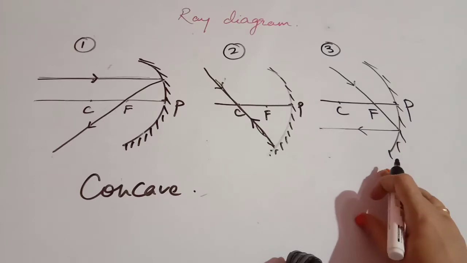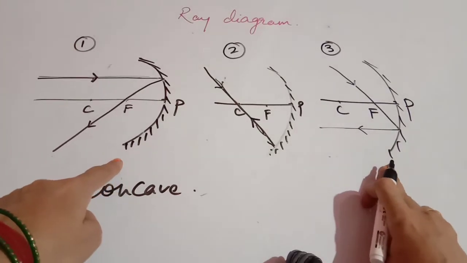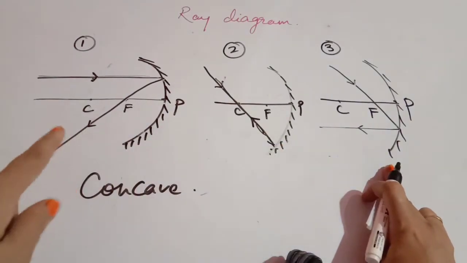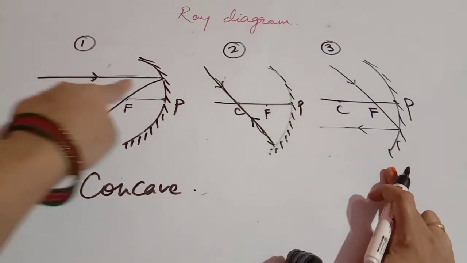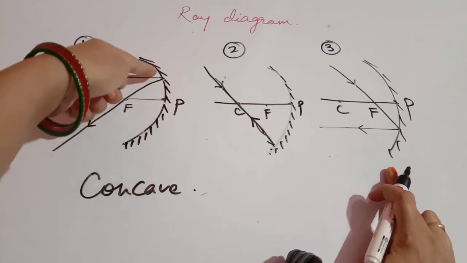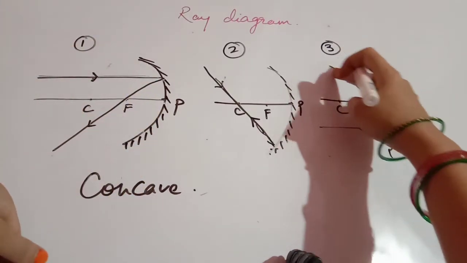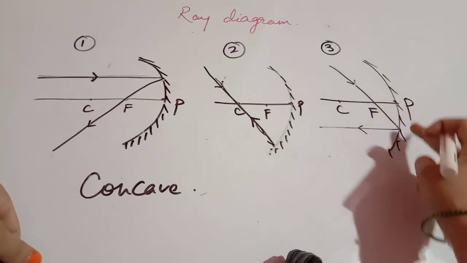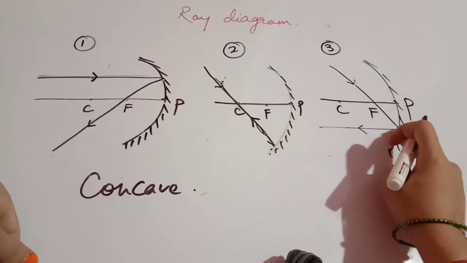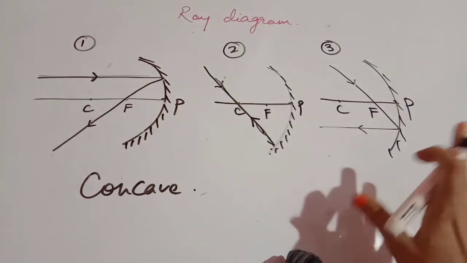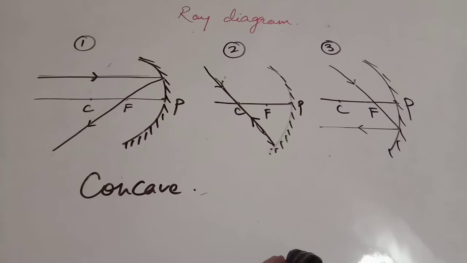then it will be reflected parallel to your principal axis. So if you understand, the first and third are related, they are opposite to each other. In the first rule, the ray of light is parallel to the principal axis, and when it reflects back, it comes to the focus. In the third, when the incident ray passes through the focus, then after striking the surface, it reflects and becomes parallel to the principal axis. Just keep these three ray diagrams in your mind, then we can understand all the ray diagrams.